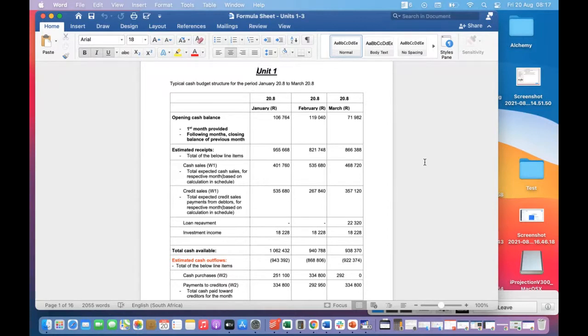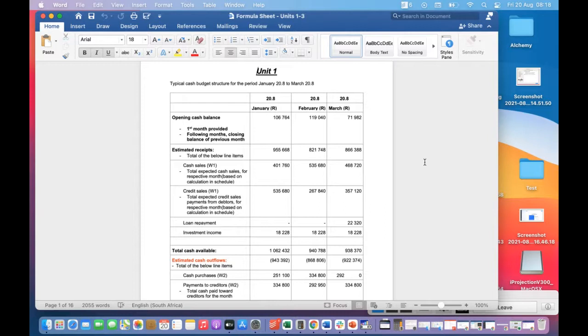Then when it comes to estimating receipts, in other words, estimating the money that's coming in, okay? This you don't need to write down because this is the document that has more resources. Then estimated receipts, so you have the total of the below line items. When it comes to money coming in, we have two types: it's either cash sales, or any cash revenue, okay? And then we have credit sales, okay? Cash sales is simple because we know that's the money we received, it went through the till. So that's how we're confident about how much we have actually received, okay?